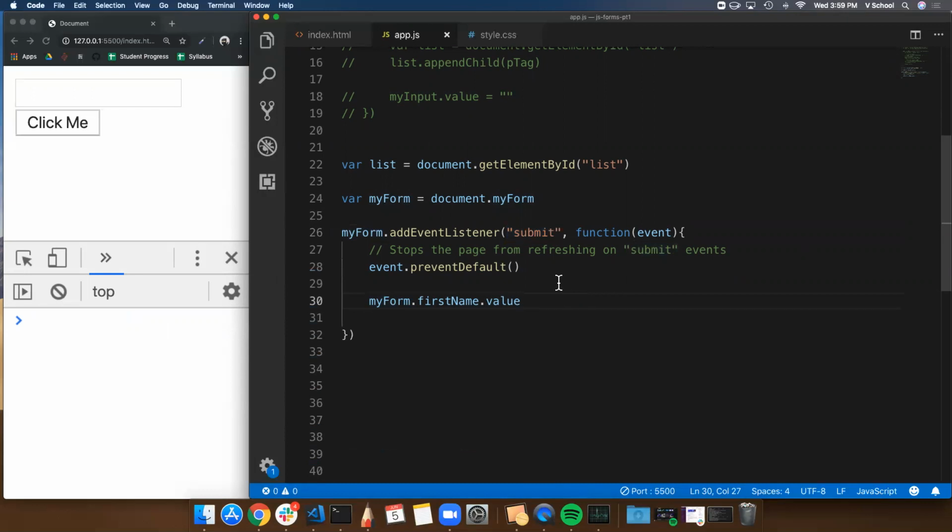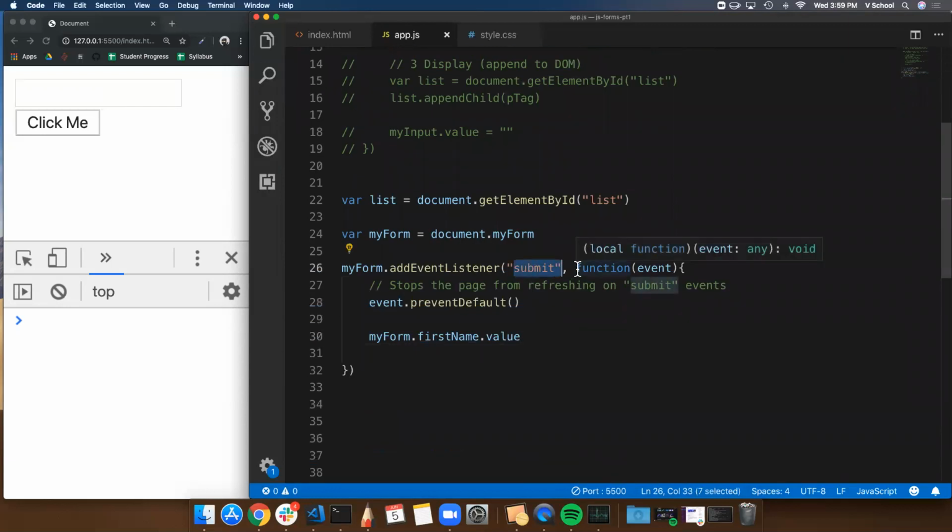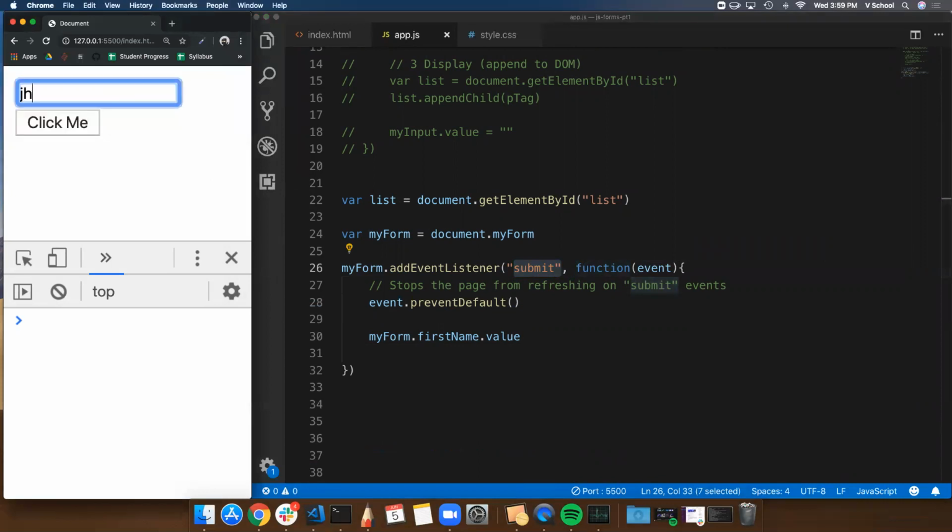When you log in on a website, I want to see a vote. How many of you click submit and how many of you hit enter? Submit clickers, button clickers. We got one, two, and enter hitters. Yeah, most of us. Click events only work when you click. Submit events work when you click and when you hit enter. That's better user experience. So if I type this in and hit enter,